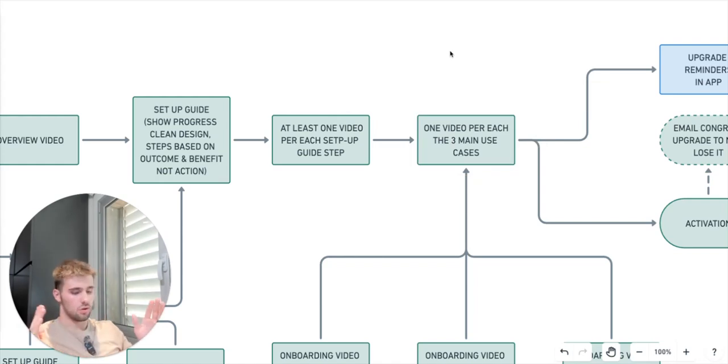All SaaS will have different main use cases, and a lot of the time the use case aligns with the menus that you have, the different views that you have. There are normally different use cases, and you want at least one video per use case, or at least for 3 use cases, one video explaining how to get the most from that feature that your SaaS can offer them. These videos are going to be really important in the email marketing,